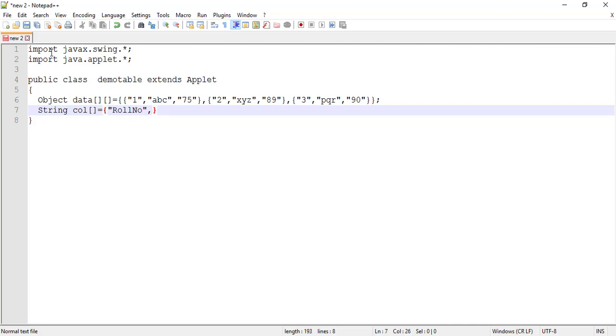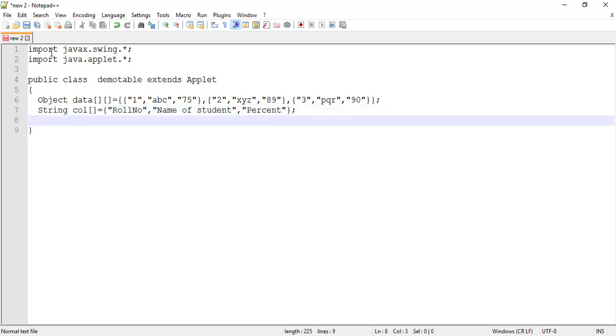The second column is used for the name of the student, so the column heading is Name of Student. And the third column is used for the percentage value, so the column heading is Percent.